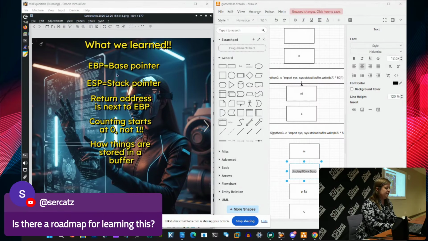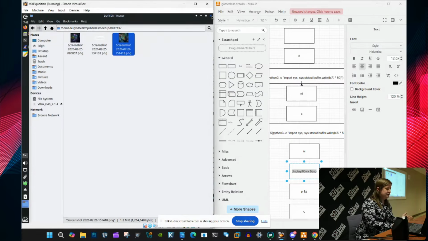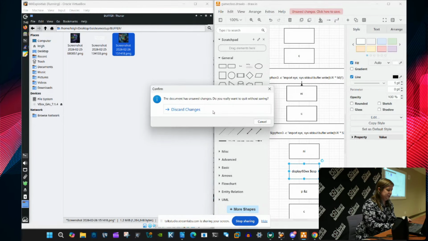Okay, so what we learned: we learned where the EBP is, the base pointer. We learned where the stack pointer was. We learned the return address is always next to the EBP. We also learned that counting starts at 0 in binary and not 1. And we learned how things are stored on the buffer. And you did your first buffer overflow. Next, we're going to move into